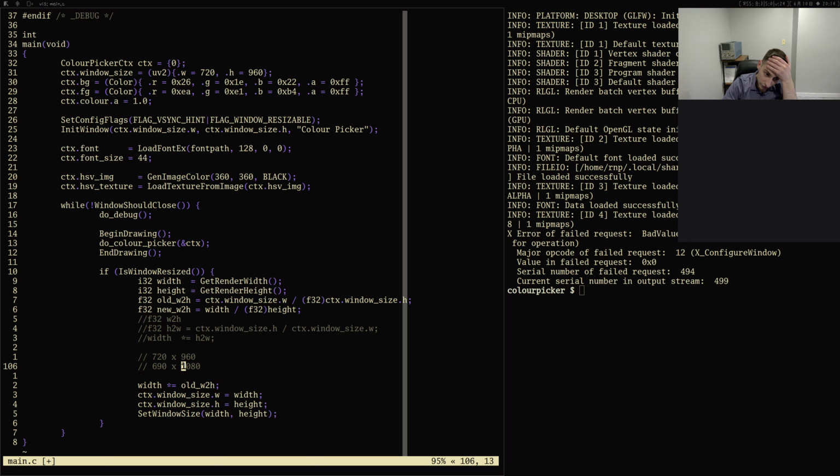So we need to match the height, so to get, so we know that the original height 960 is equal to